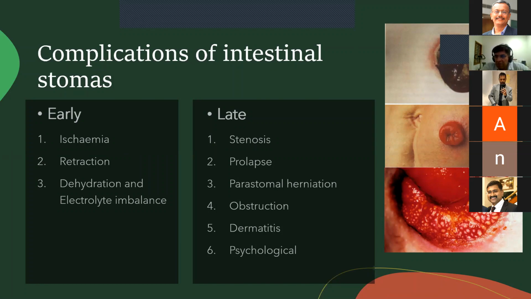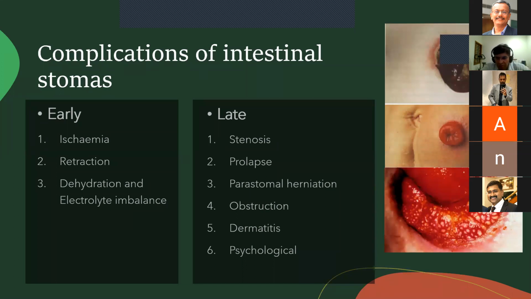Go on, Saurav. So other things that have to be kept in mind is that some patients may develop high output from the ileostomy because of some dietary infection, some intestinal infection, or the type of diet that they are taking, or if they are having a short bowel syndrome, or if there is a recurrence of inflammatory bowel disease.